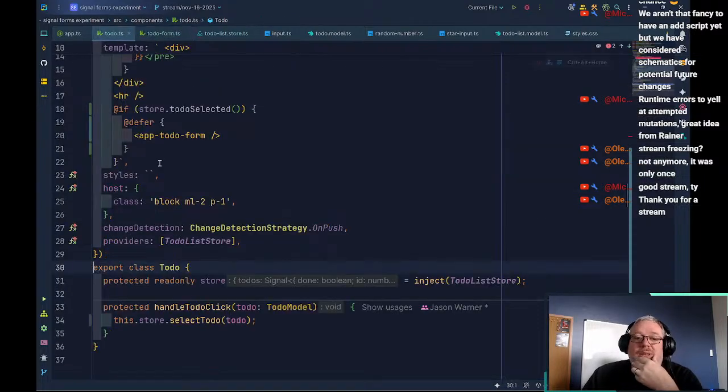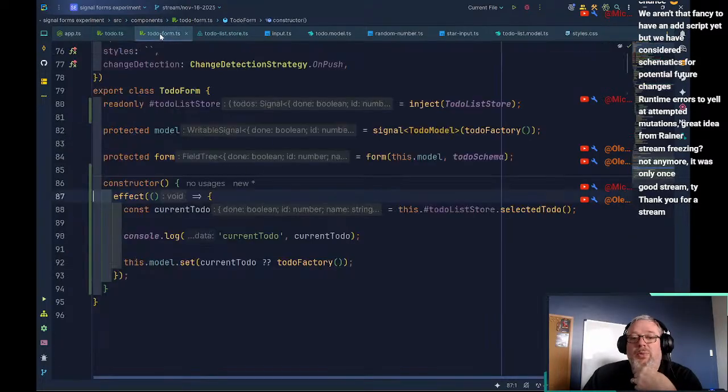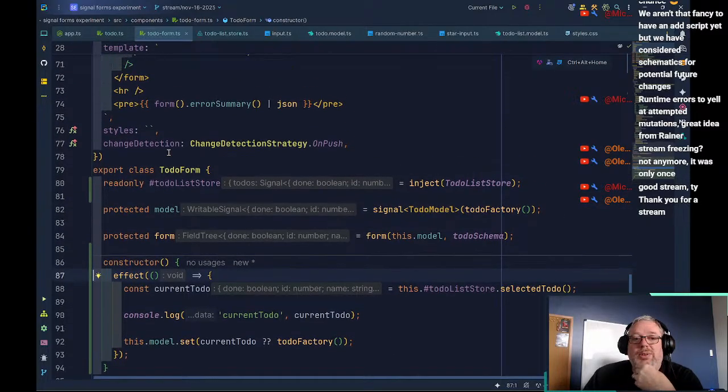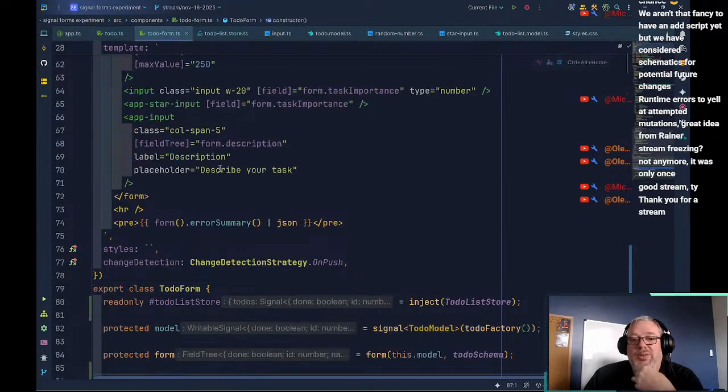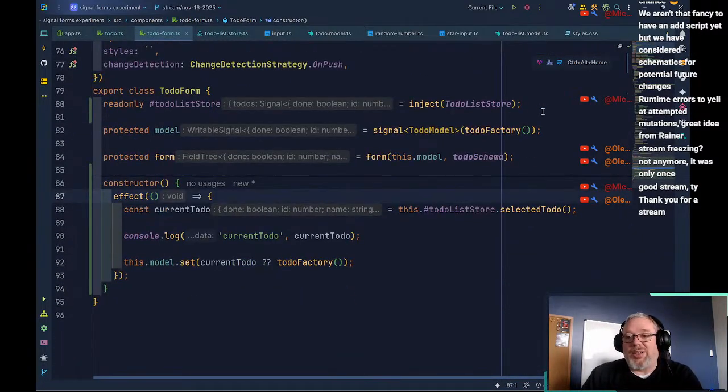If we did this with an input, it would still be a model input, and so we would either need to do changes or we would do an effect on the model. So regardless of the direction we went, whether we inject the store or we go with an input, if you want this to be more generally useful, we could do the same thing, right? Instead of injecting the store,